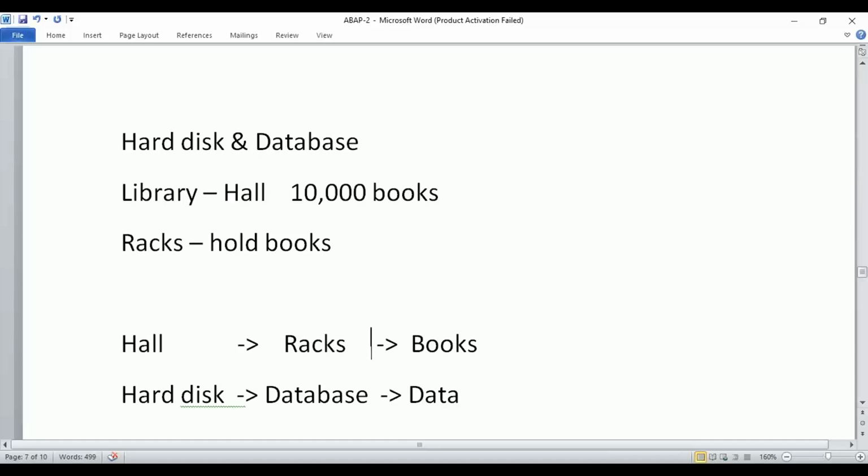And the best racks, if let's say Govind wants to build the best library, he would have to go for the best racks which have a lot of mechanisms. If you buy those racks, they'll be rust free, the rats cannot enter into them, and the books will not spoil. So there are a lot of advantages. If he purchases that kind of racks, it will definitely be advantageous. Similarly,